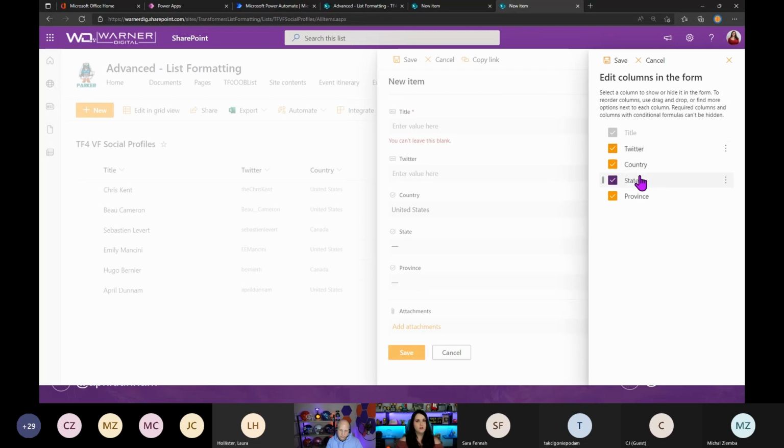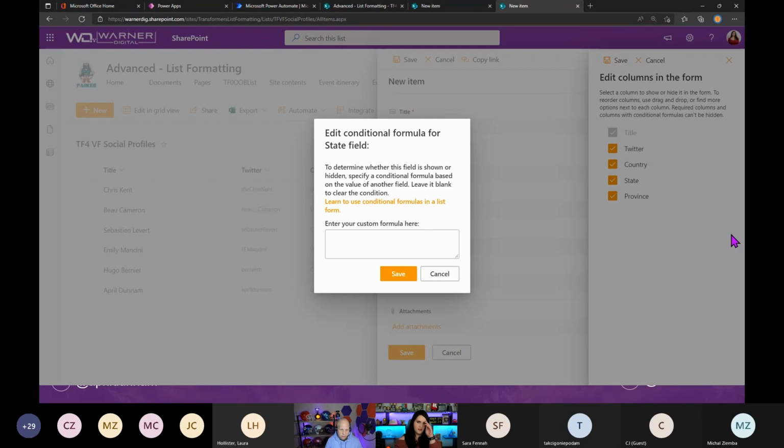But the thing I want to show here as far as showing and hiding is if we select, say, this state field, you'll see we have three dots to the right of that. And one of the options that we have is edit conditional formula. So what this does is it gives us a way to put in an Excel-like expression, basically. So if you've ever in SharePoint done a calculated column, right? You know how you could do some kind of Excel-like expressions there to manipulate data, right? We can do a similar expression here in this box